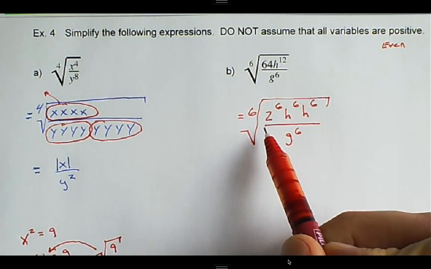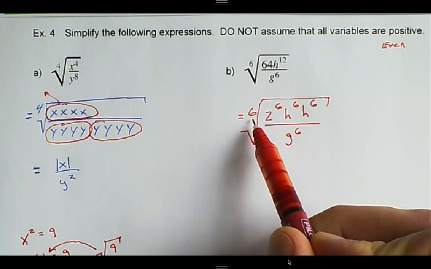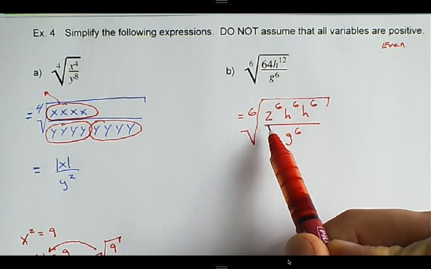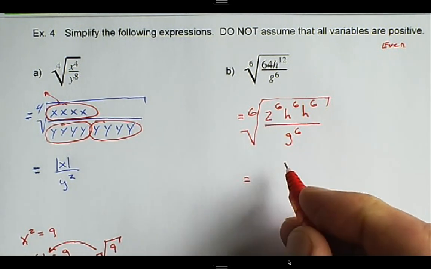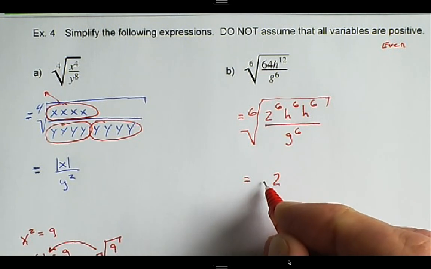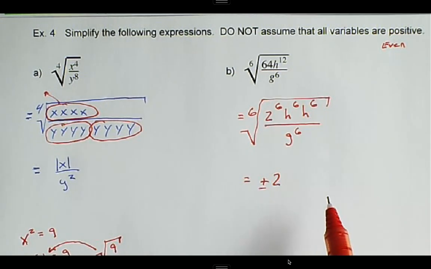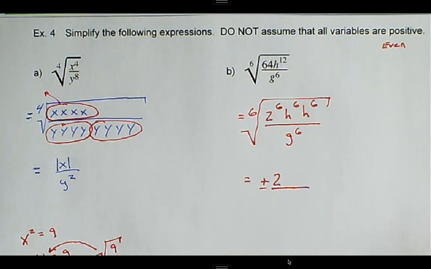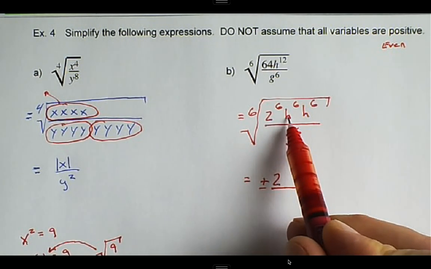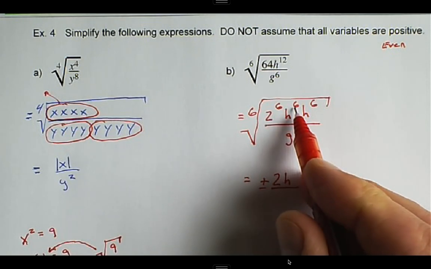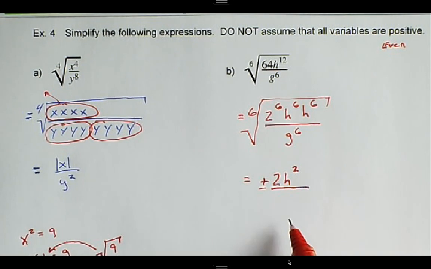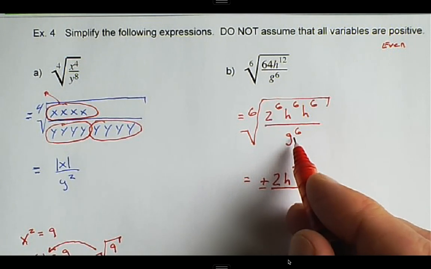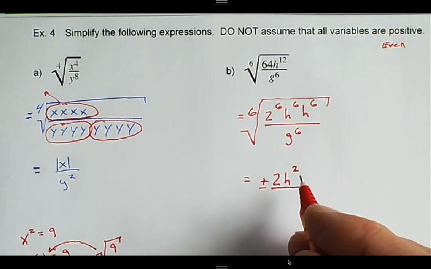So what can we take out? Well, because we're taking an even root of a value, in that case we have to consider plus or minus. So we can take the 2 out, but we don't know if that 2 is going to be positive or negative. So we have to account for plus or minus for the coefficient there. And also in the numerator, we have 1 h that we take out from h to the 6th, and we have another h to the 6th that comes out. So now we have 2 h's out, which is h squared. And then in the denominator, we have 6 g's, so we can take that out of the radical, and we just get